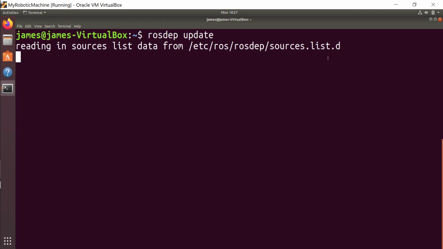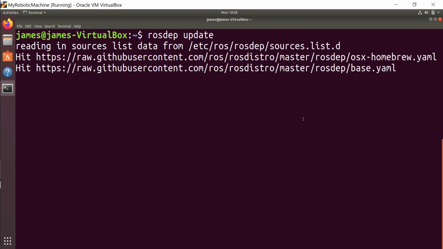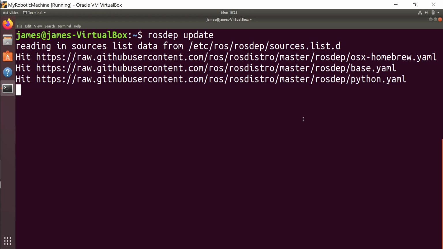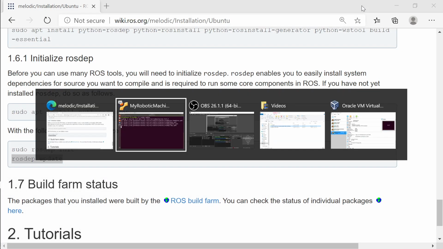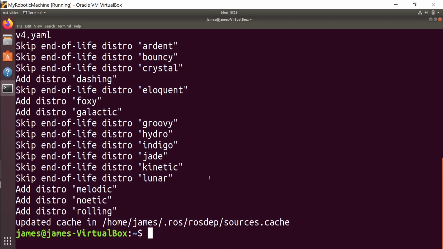It's reading the file, and if any update is required, it will be downloaded basically. Okay, so it has done the necessary update.